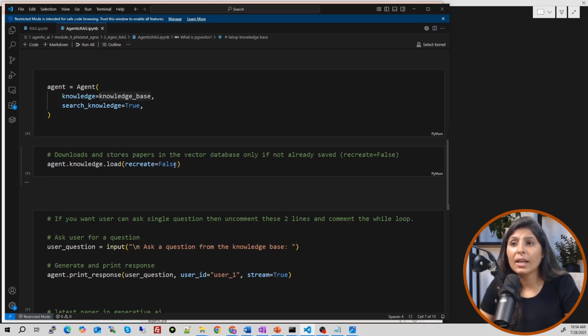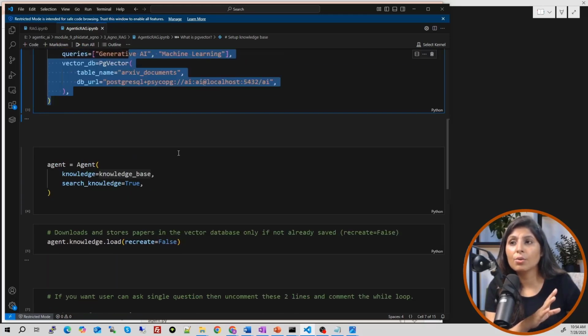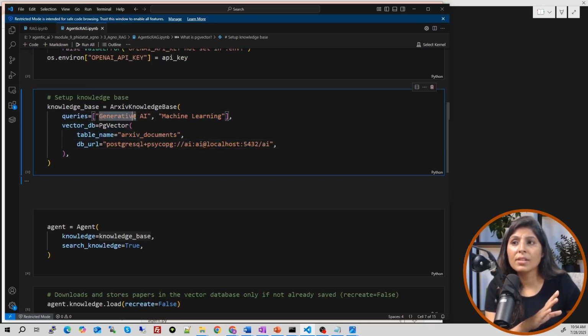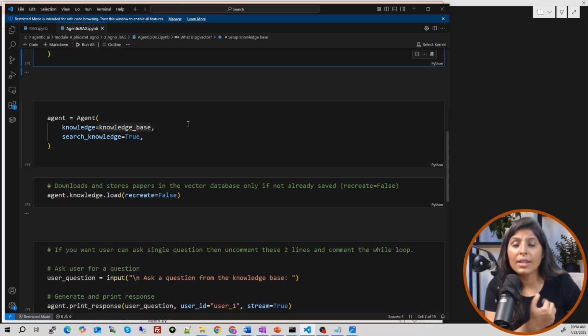Okay. And after that, agent.knowledge.load with recreate false. Why are we writing it like this? Because let's say, related to these two topics, once the data gets fetched from the website, we will store that data in a vector database. And then next time, when we are using this application, we don't want to perform all those steps of fetching the data from the website again.